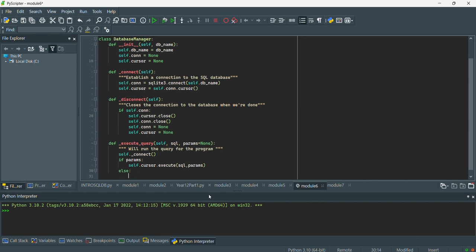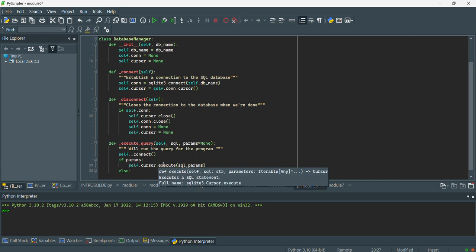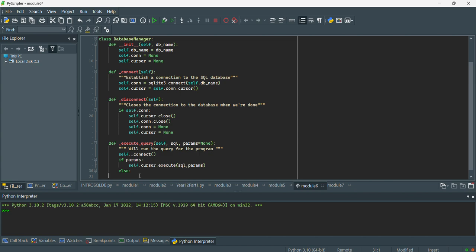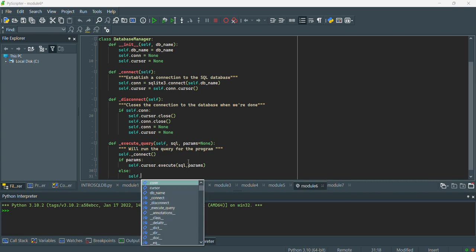Else. Next here, I've passed that in. That's basically said if there were parameters passed in, I'm going to create an SQL query that uses parameters. If indeed no parameters have been passed in, we're going to go to